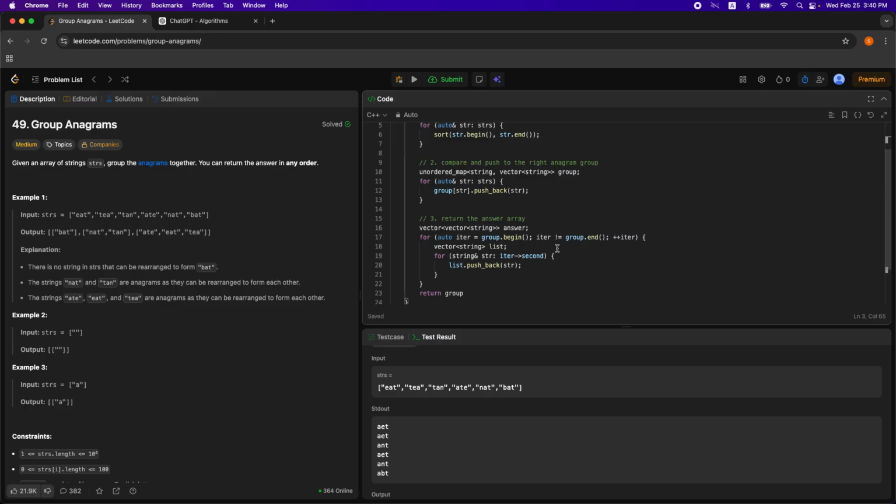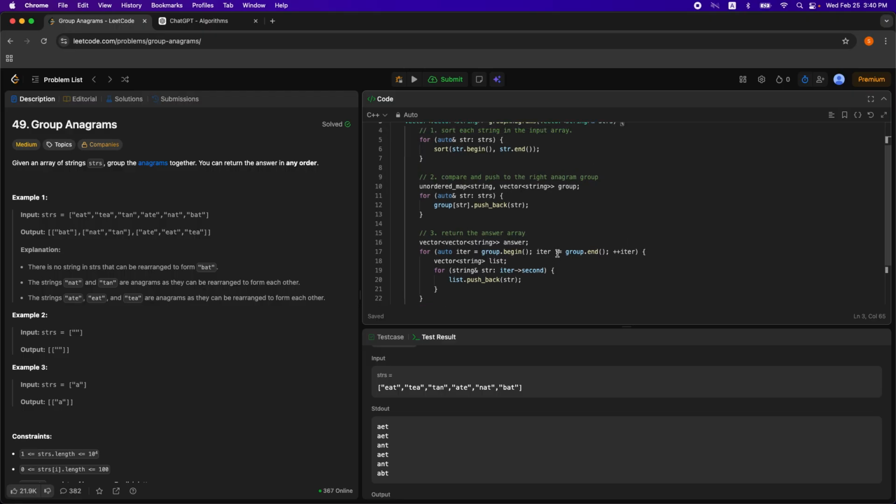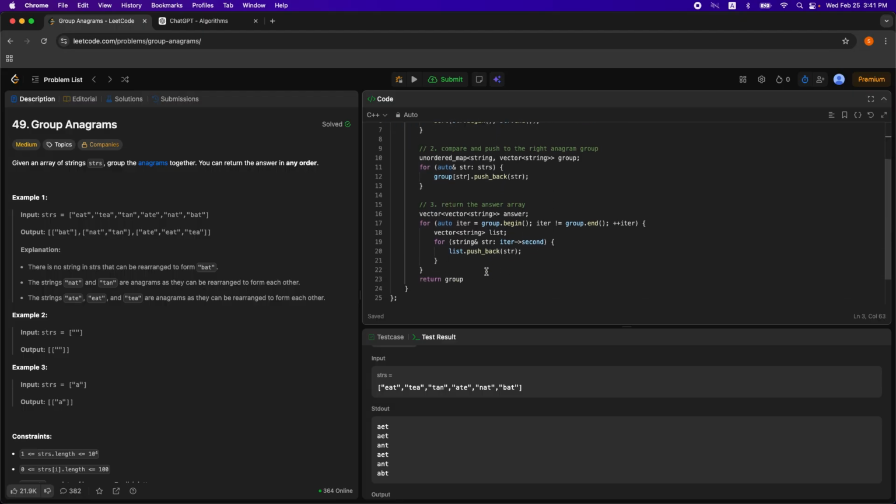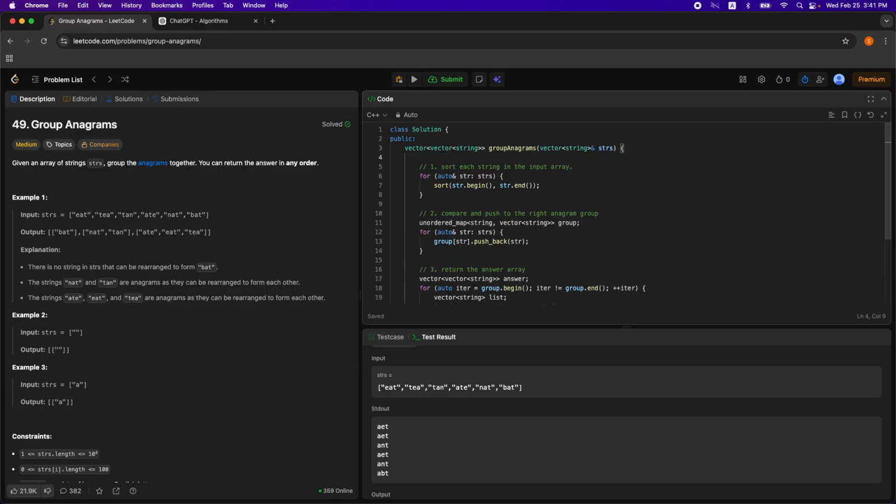Interesting. Yeah, I think just keeping the original array and also holding the index of the original array, we can retrieve the original string from the original array. So yeah, we can just